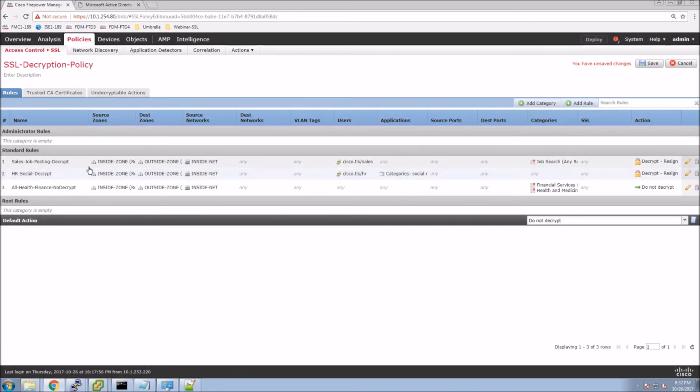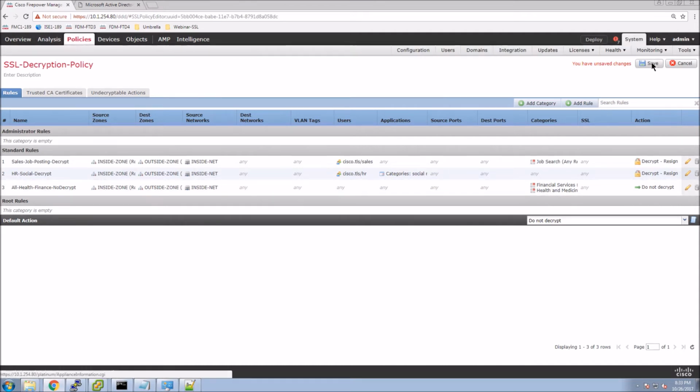So now we've got the 3 rules in place, right? We've got sales, we've got the HR group. They're both doing decrypt, resign. And now we have the everyone, finance and health, do not decrypt. And the reason why I've added that on top of the default action is because if anybody changes the default